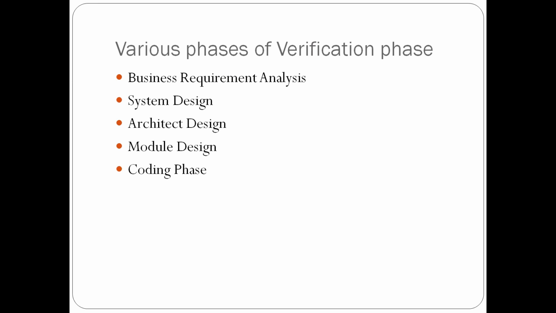Next is module design. In the module design phase, the system breaks down into small modules. The detailed design of the modules is specified, which is known as low level design. And at last, we have the coding phase. After designing, the coding phase is started, and based on the requirements, a suitable programming language is decided, and there are some guidelines and standards for coding. Before checking in the repository, the final build is optimized for better performance, and the code goes through many code reviews to check the performance.